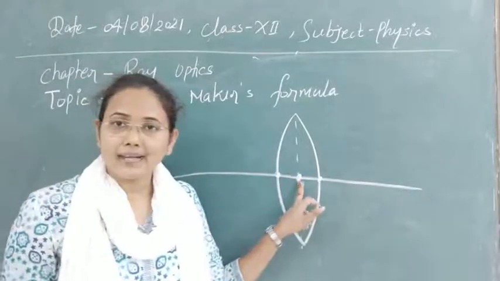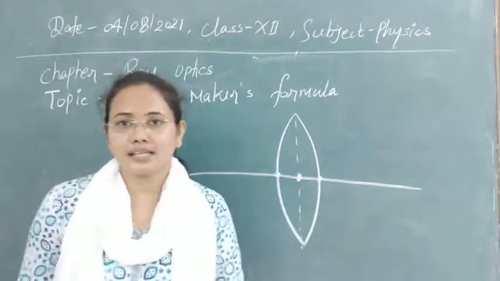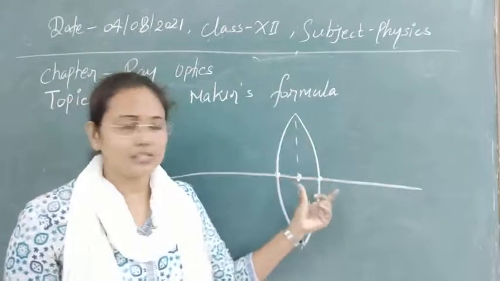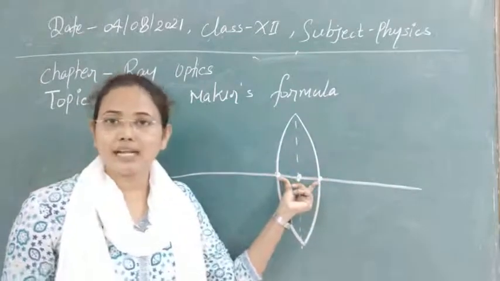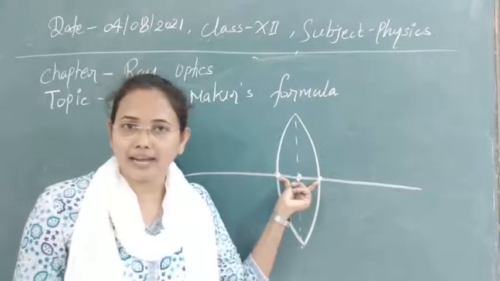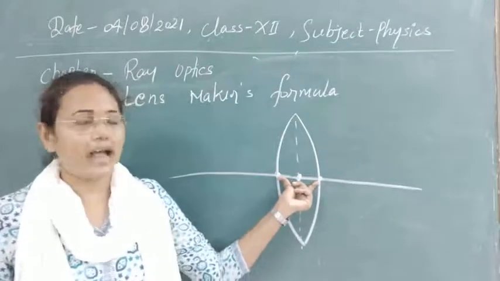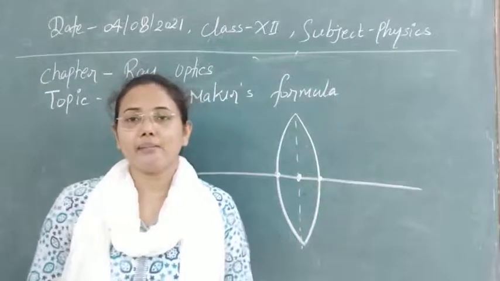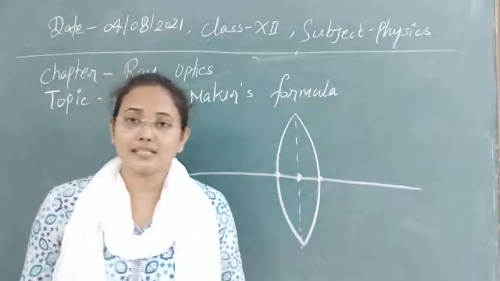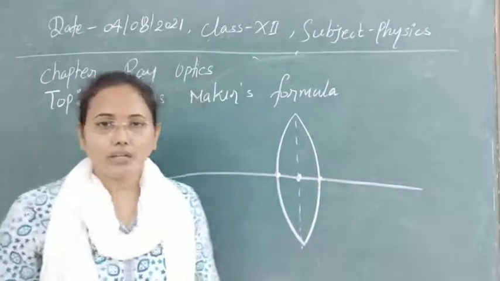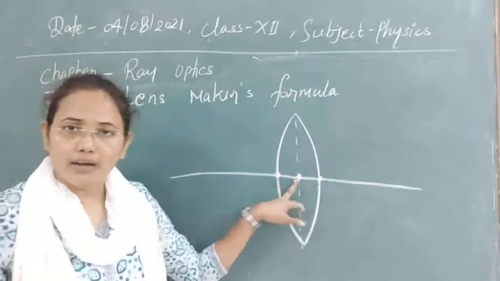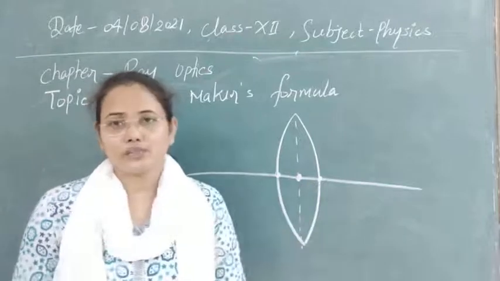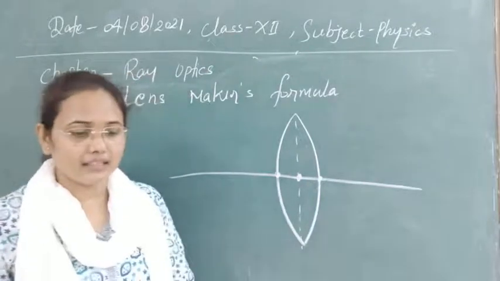So it means that whether we measure the distance from the pole or from these optical centers, that will not make a difference. Here this thickness we are taking as negligible, we are going to neglect this thickness. You don't have to add this distance or that distance in the distance that we measure, like the object distance, image distance, and focal length, all these we will take from this one. Or if you take the optical center, then you can convert it into the distance from the poles also. The first assumption, I think that is clear.